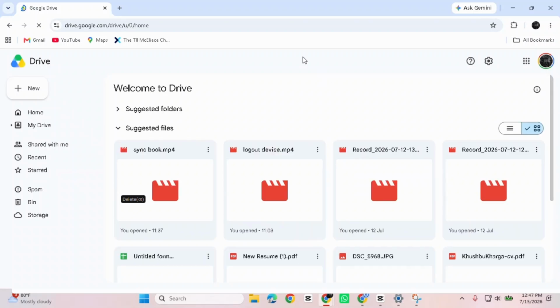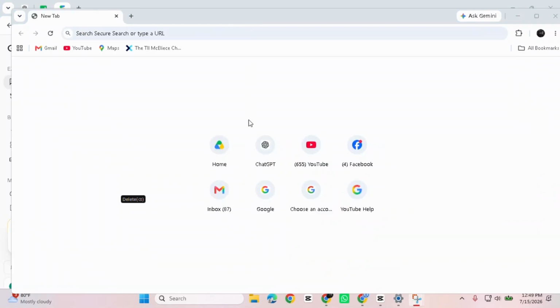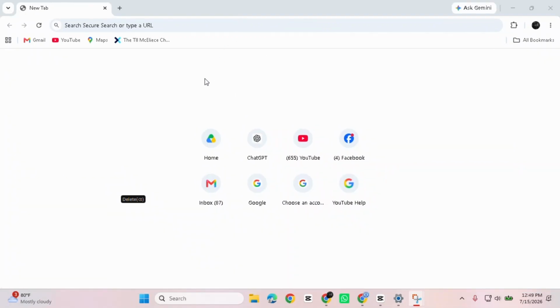Now, if you only closed one or two tabs, there's an even faster method. Simply press Ctrl plus Shift plus T on your keyboard. Each time you use this shortcut, Chrome reopens the last closed tab, so you can press it multiple times to